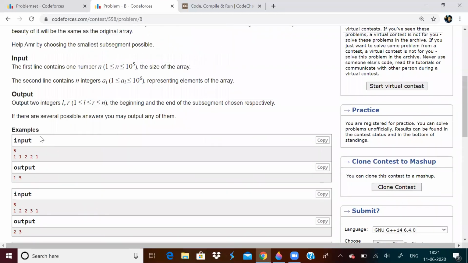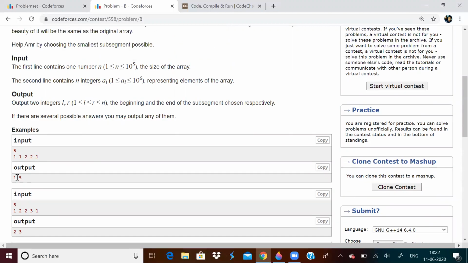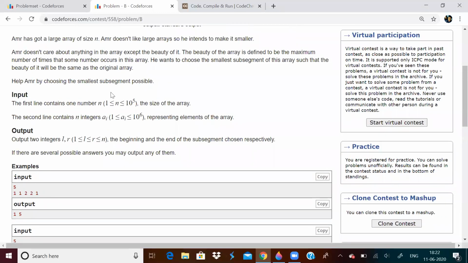But can we delete any element from this array in order to get a smaller subsegment? See, we cannot delete any. The entire array itself is the subsegment which we are looking for.